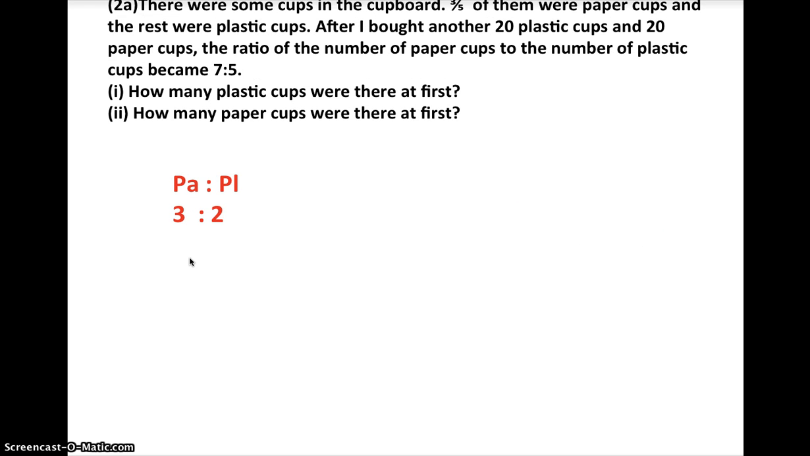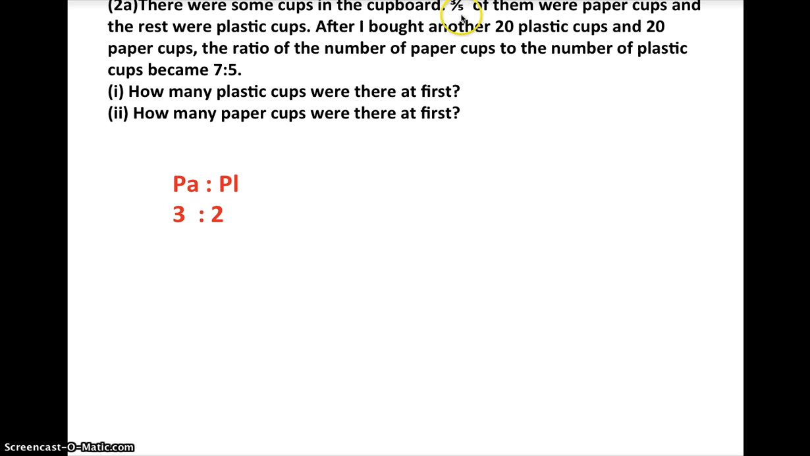Now let's move on to another question which is really similar. Question 2A. There were some cups in the cupboard. 3/5 of them were paper cups and the rest were plastic cups. Now, when I say 3/5 of them were paper cups, it means that 3 units are paper cups and the